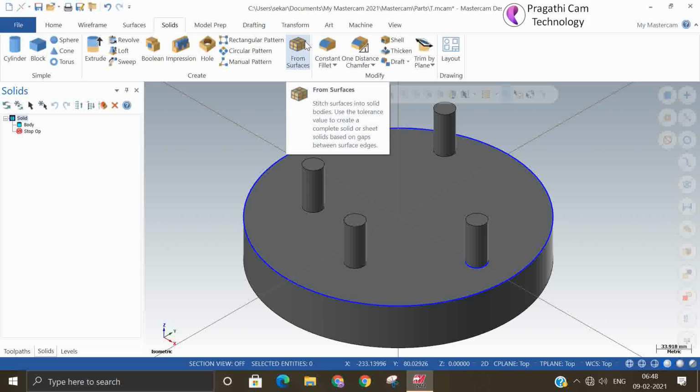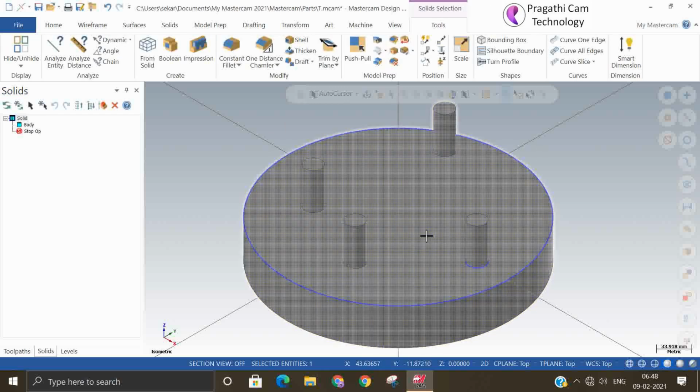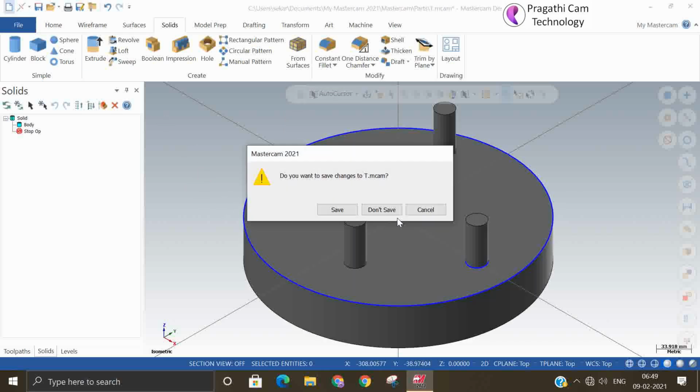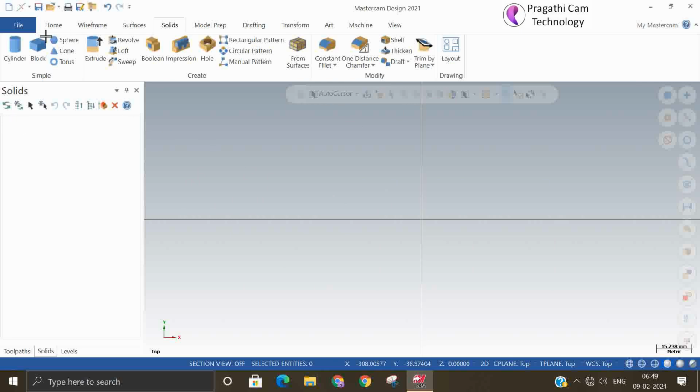So we have already seen solid model to surface model, and the other option is surface model to solid model, also we can make. Okay. So reverse means from the solid model you can make the surface. So first we have one surface model here.